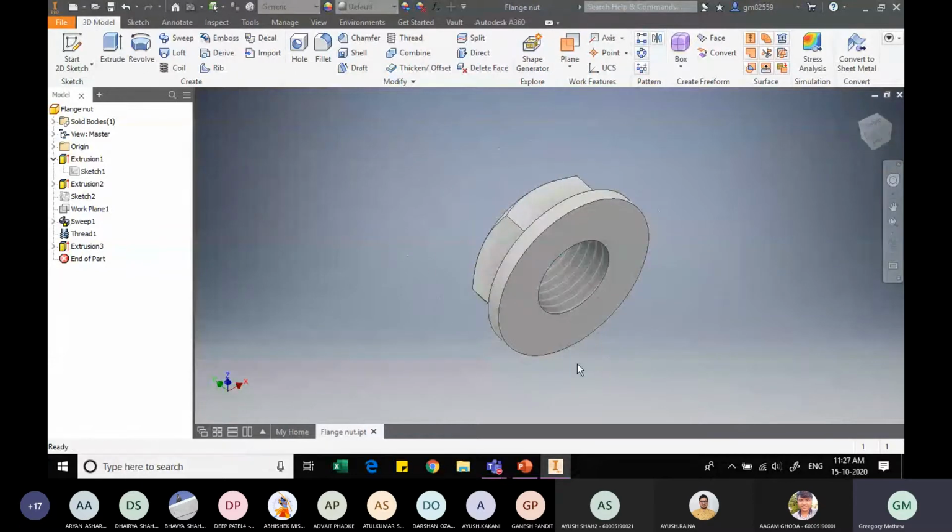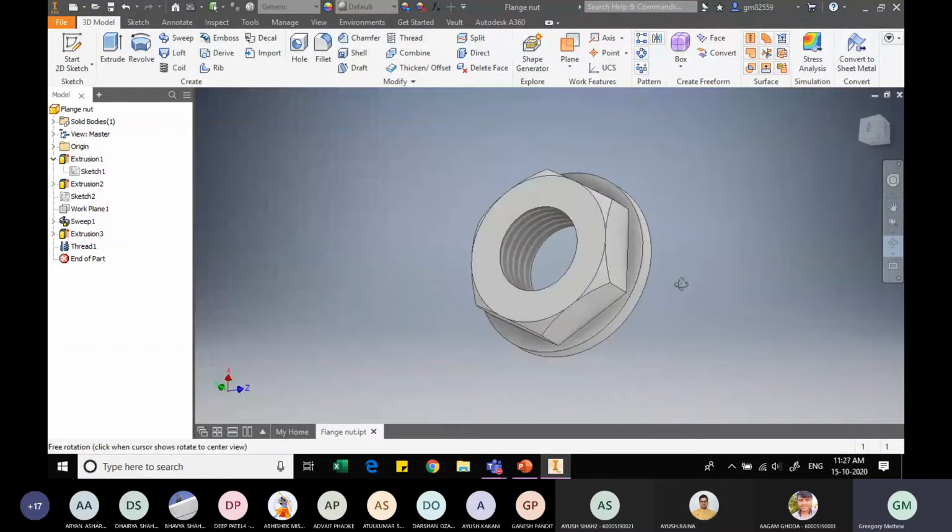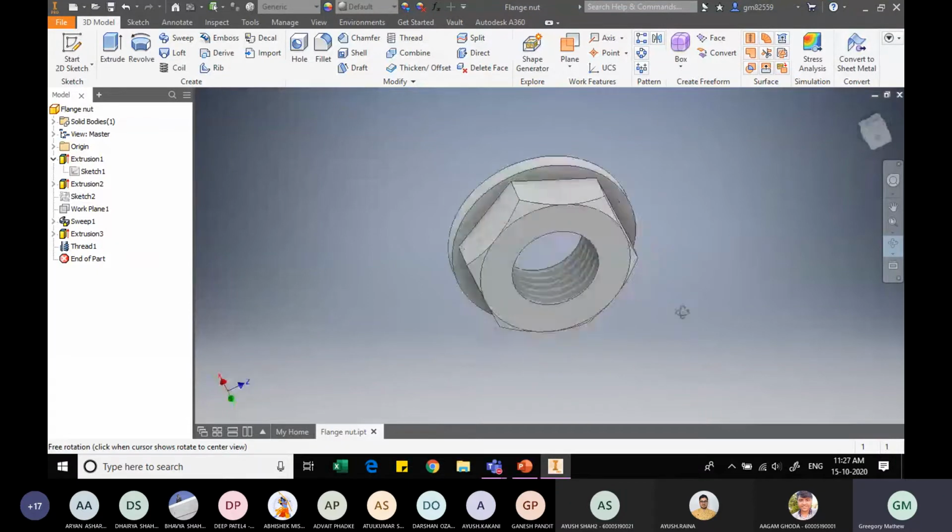Yeah. So this is my nut is ready now. So my flange nut is also ready without slide, just with a few modifications to the original nut. I have finished my flange nut also.